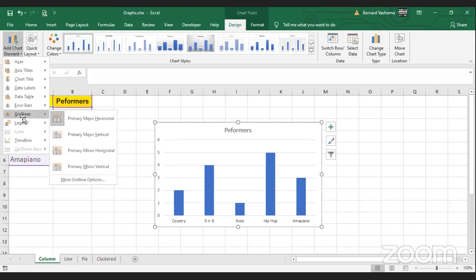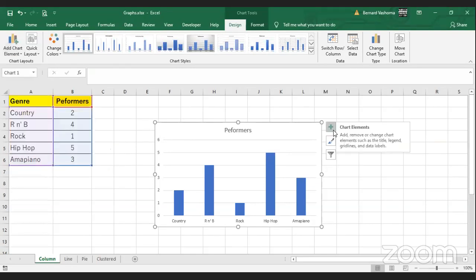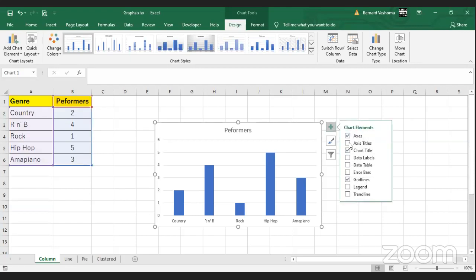All right. Then again, if you want to do it quite quickly, if you check, there is this plus sign, right? It also adds or removes chart elements. For example, if you click there, the X's are showing. If I tick like that, if I untick this,